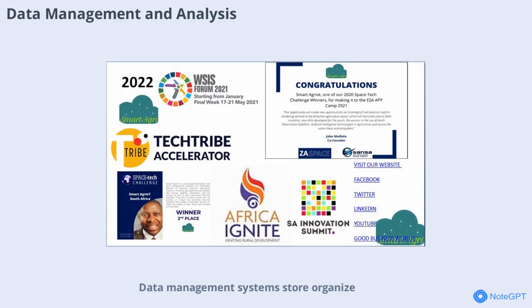Data management systems store, organize, and process information from field surveys, remote sensing, and other sources. Analysis helps identify trends, assess risks, and evaluate the effectiveness of management actions. Good data management supports transparency, accountability, and continuous improvement. By turning data into actionable insights, managers can make better decisions for forest health and sustainability.